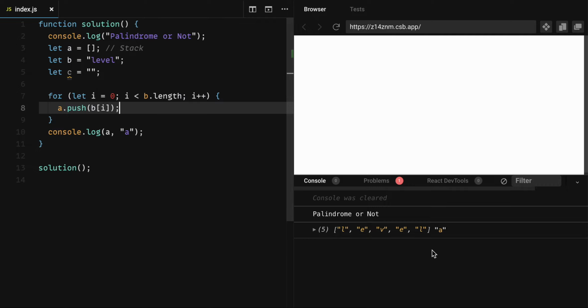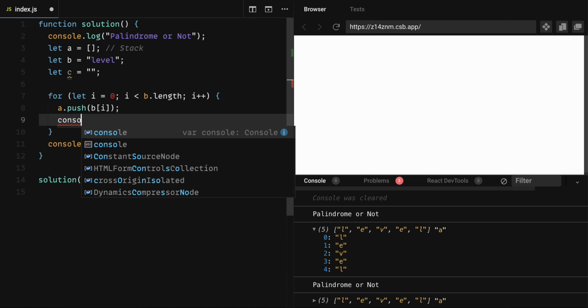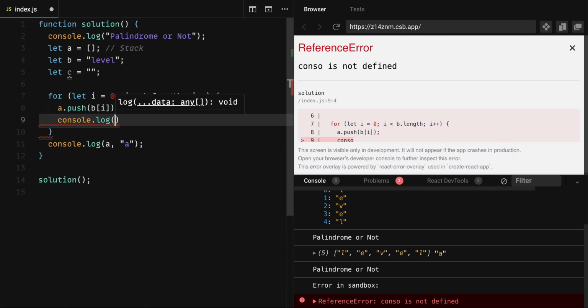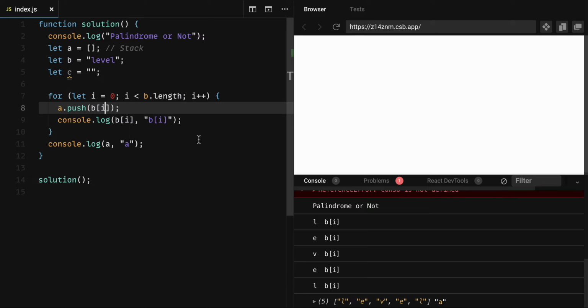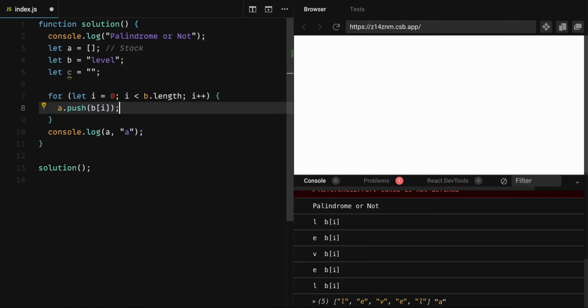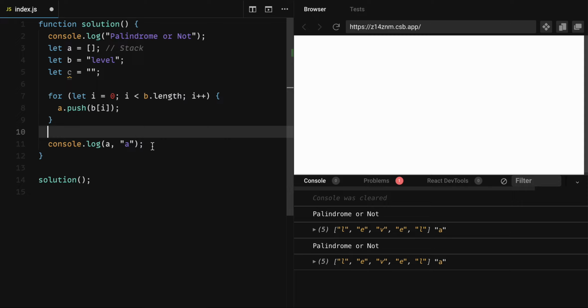Now how does this have all the characters? Let's see what b of i is. Console.log b of i. It will have all the characters. b of 0 is L, b of 1 is E, like that. Okay, now once we have all our characters inside our stack A, now we will